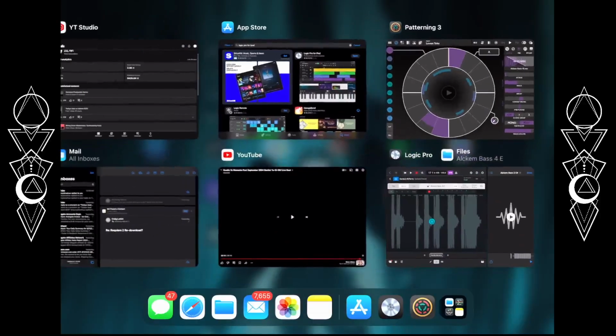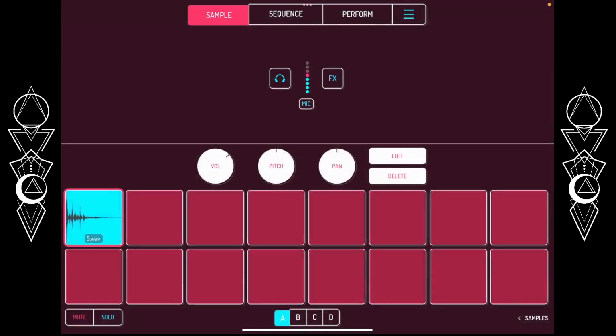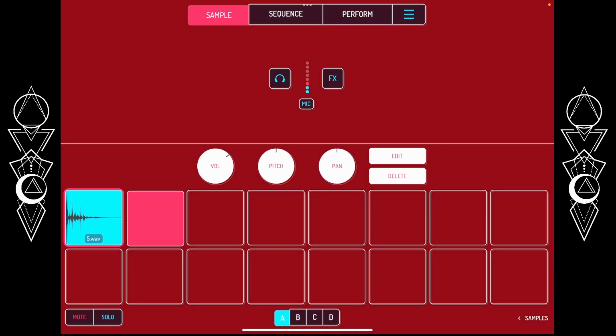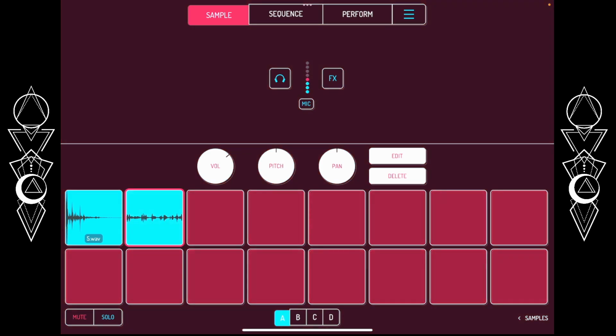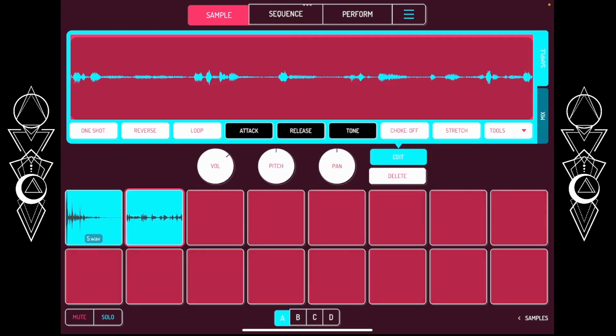So finally, one thing that is also worth mentioning with all of this stuff is the Koala sampler. Now, what's so cool about the Koala sampler is that I can just hold a button and then maybe record some stuff. So is this recording? Hopefully it looks like it is. All right, and now what I can do is, what is this? It's a clap. So if I were to take this and maybe edit this quickly and just take my favorite bit,